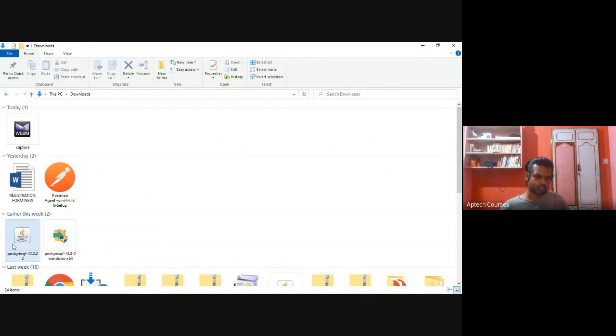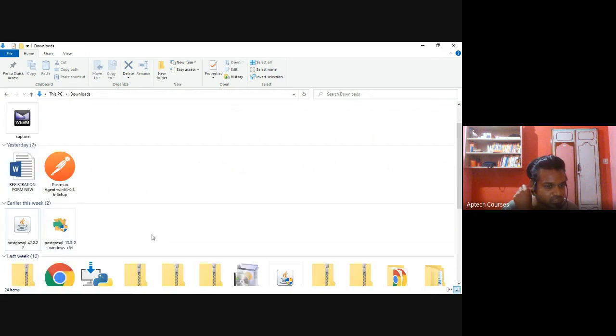See, here you can see this Java symbol. That means this Postgres database also has been written in the Java language. This is the jar file. Sorry, what I'm trying to execute here. This is not what we want. Okay, driver file. Yeah, I'm sorry. This is the driver file. This is not the Postgres application. This is the jar file, the driver file. Later I'll show you how to use this jar file. This one is the Postgres.